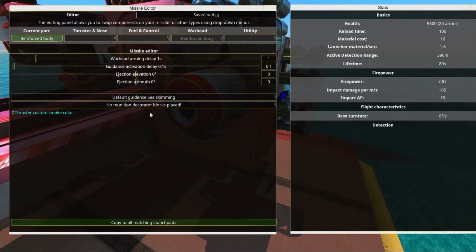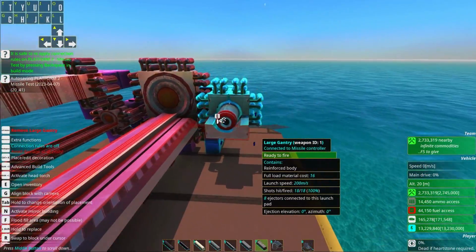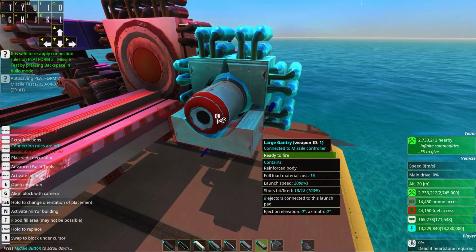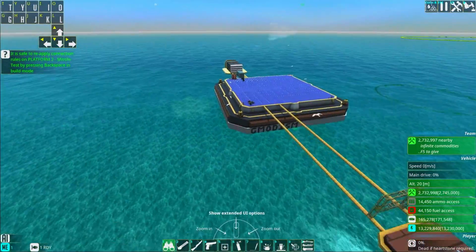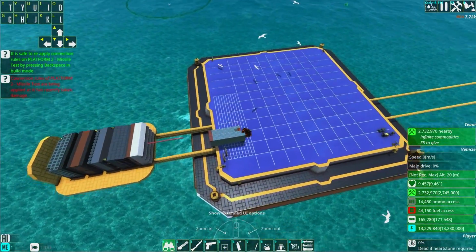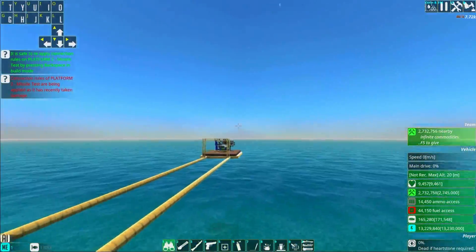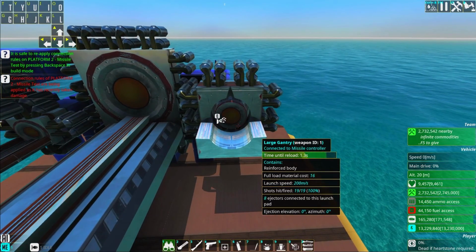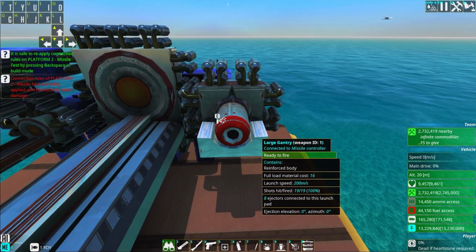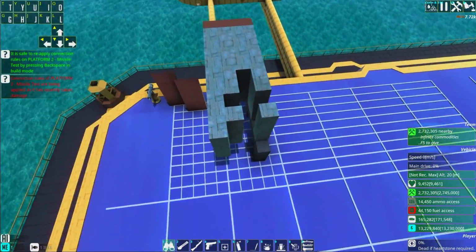So I thought we should look a little bit about the sizes we can do for missiles. This is of course the 1 unit, the smallest one we can have. So I thought it would be pretty interesting if we just fire this here. You can see it deals a pretty small little damage area. However, it now has a reload time of merely 10 seconds. So it's not fast by any means, but I mean,